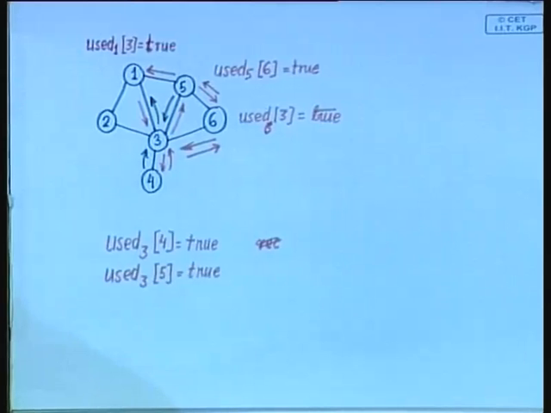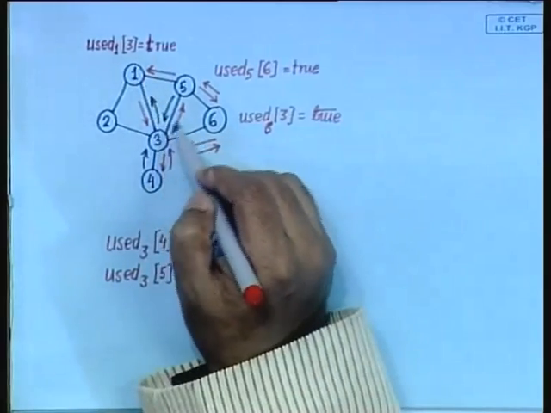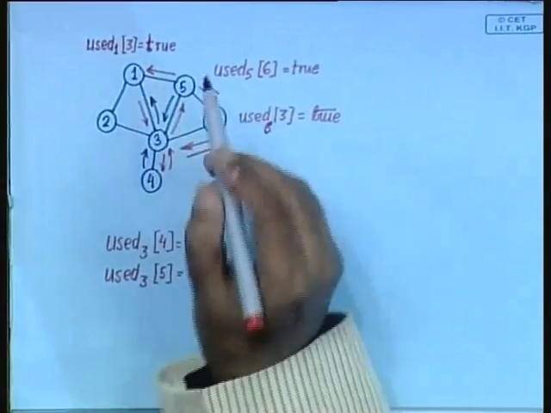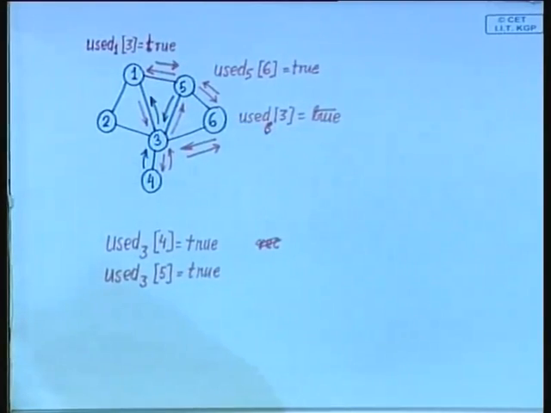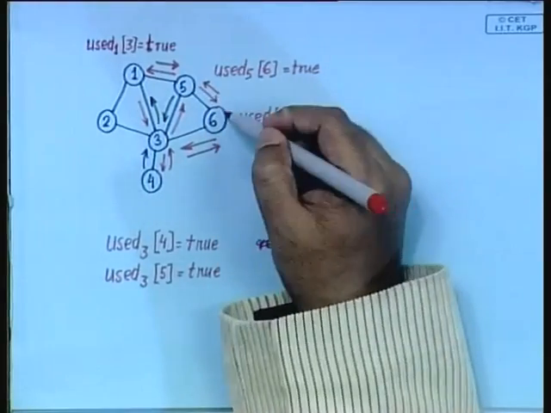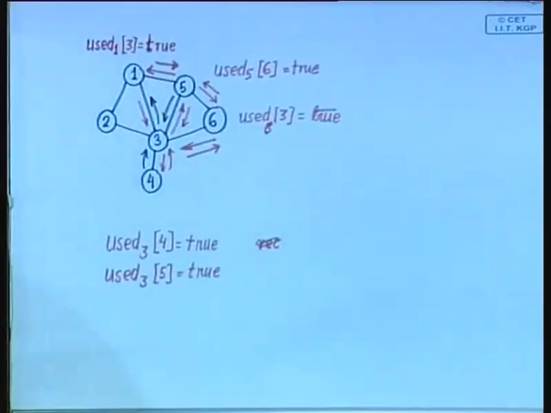Now, what will 1 see? 1 will see that the token has come from somebody to which it has not sent it, right. So, that is again a cycle. Which cycle? This cycle: 1 to 3, 3 to 5, 5 to 1. So, backtrack. So, this token will be sent back, right. Now, 5 has already used up 6 and 1. So, it will send the token back to 3,